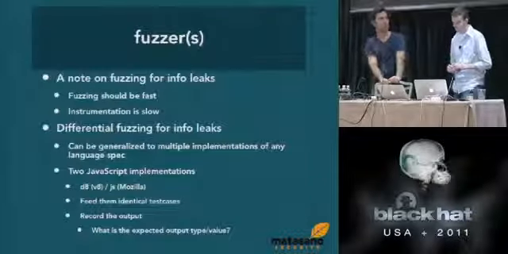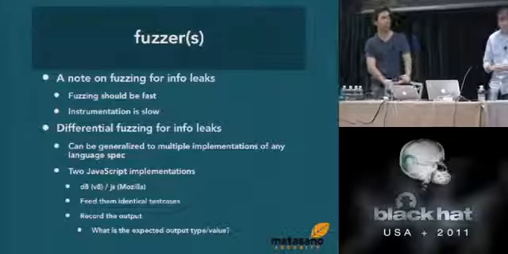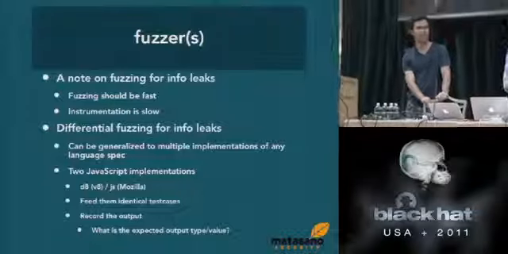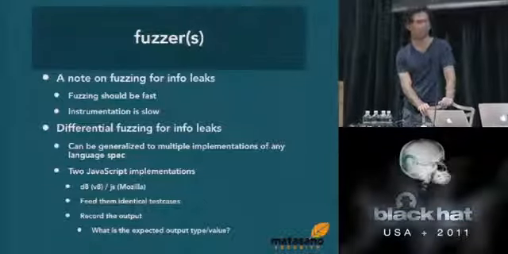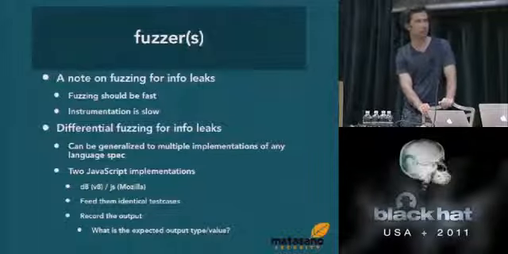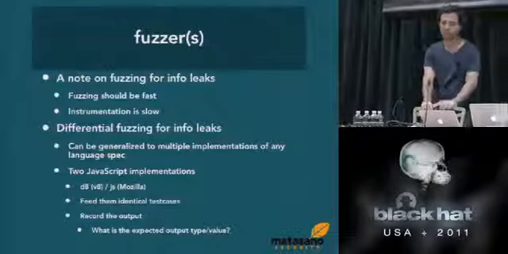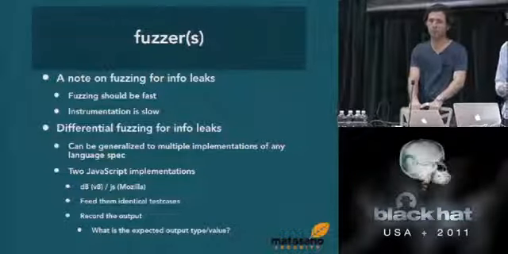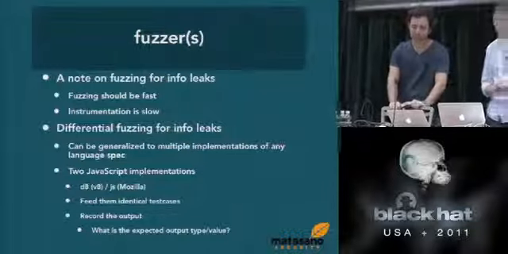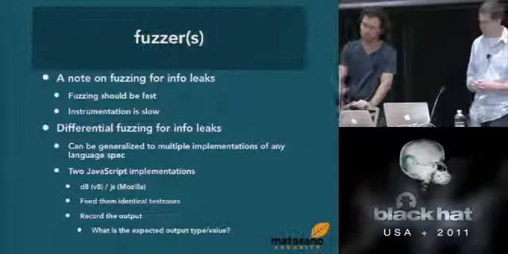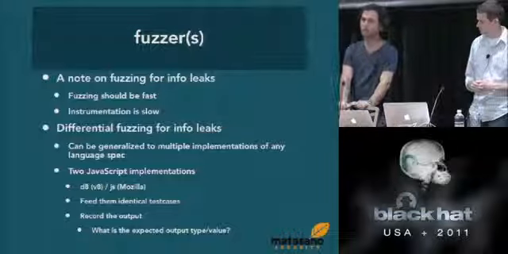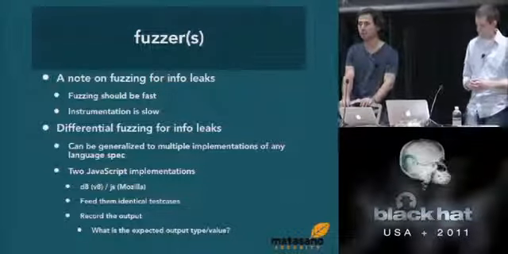All right, so we'd like to finish up with just something we've been looking at, which we haven't really had the time to do yet, but we think it's going to be really beneficial in the future for finding information leaks. So as more stuff gets randomized, we feel that information leaks are going to become much more valuable as bugs. And fuzzing for information leaks is a little more difficult than just fuzzing for memory corruption, because if you're